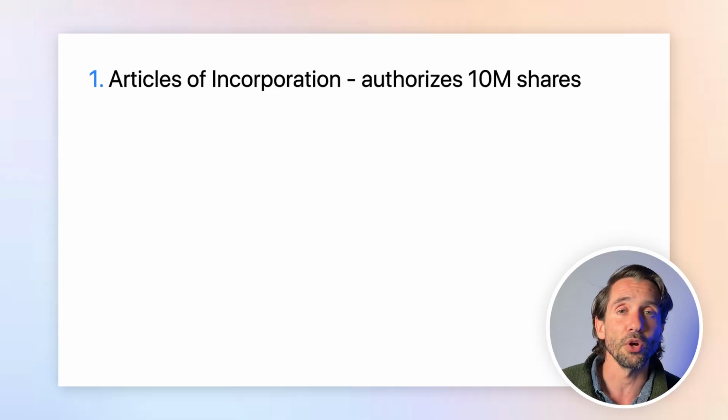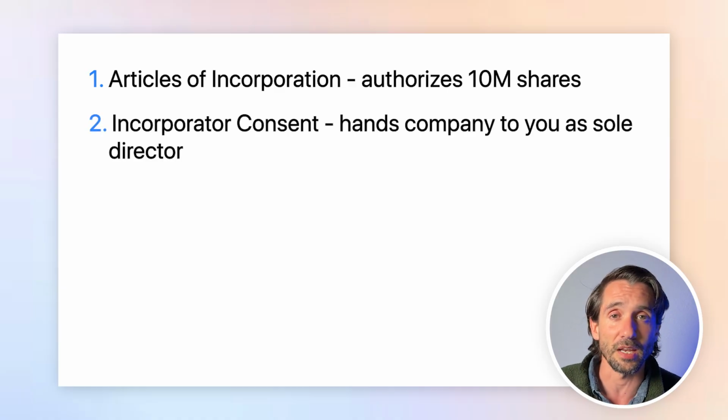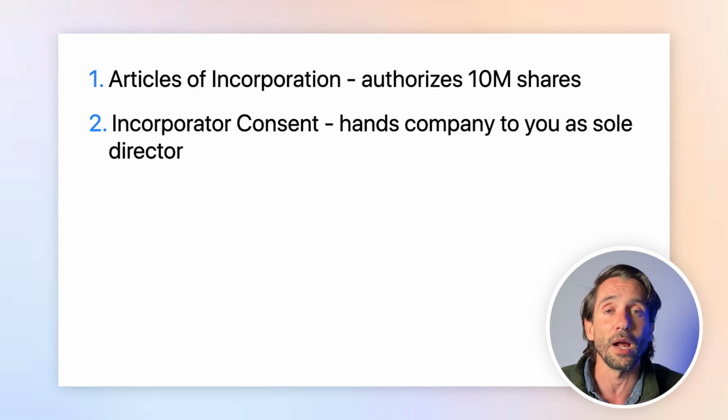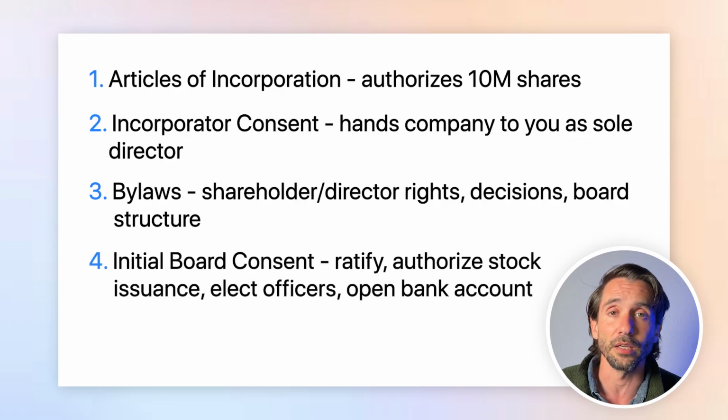The Articles of Incorporation set up the Delaware company and authorized 10 million shares for the exchange to happen. The Incorporator Consent hands the company from whoever filed the Articles of Incorporation to you as the sole director. The bylaws establish how the company operates. It covers shareholder and director rights, how decisions get made, and how the board is structured. And then the initial board consent is where you ratify all of that. You authorize the stock issuance to every incoming stockholder, elect the company officers, authorize things like opening a bank account